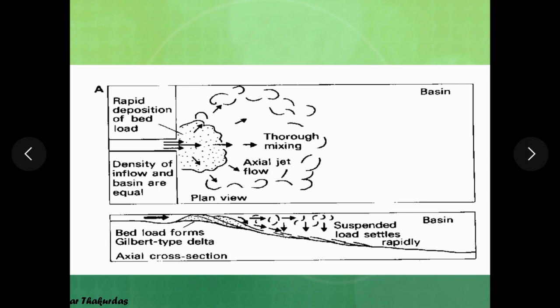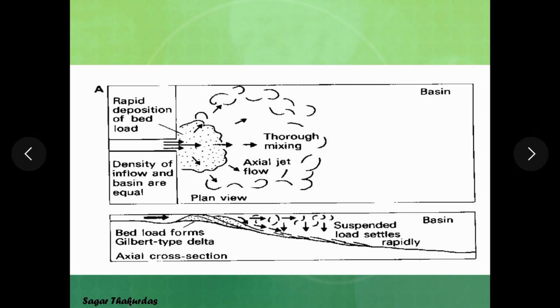If the river water is having same density as that of the standing body of water. Now this kind of situation mostly happens in case of deltas which are formed in lakes, where the fresh water carried by the river enters the fresh water in the lake. So density of the water is same, and therefore these kinds of flows are called as homopycnal flows. Homo means same, having same density. So homopycnal flows are mostly seen in lacustrine environments, and these are also called as inertia dominated deltas or Gilbert type of delta.